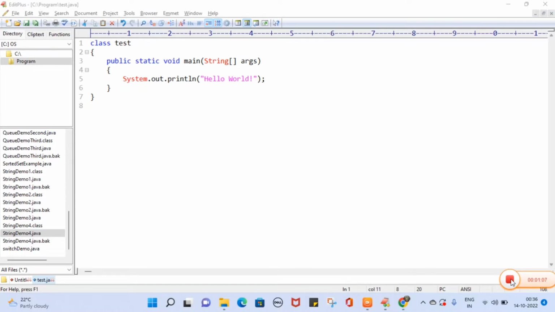See here, this is a simple Java program. A Test class, and inside this Test class, the main method is there. Inside that main method, there is an SOP statement, System.out.println, which is used to execute the message on your